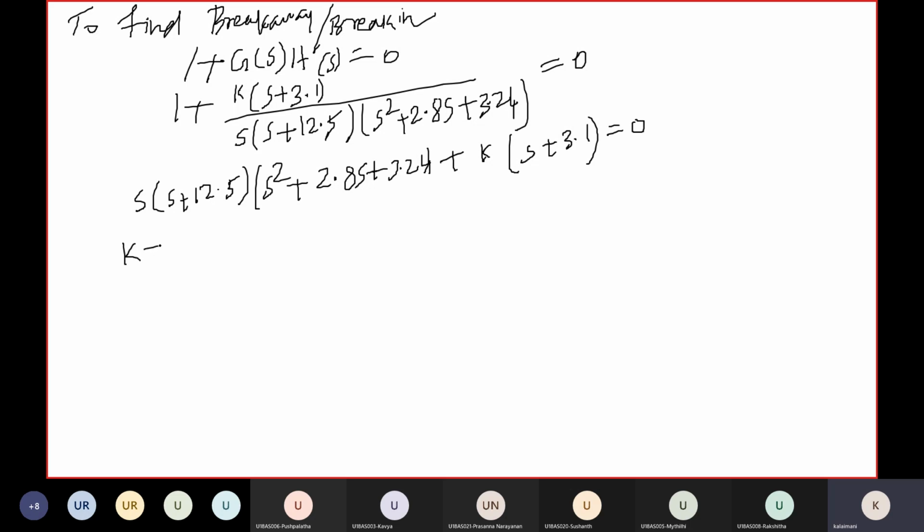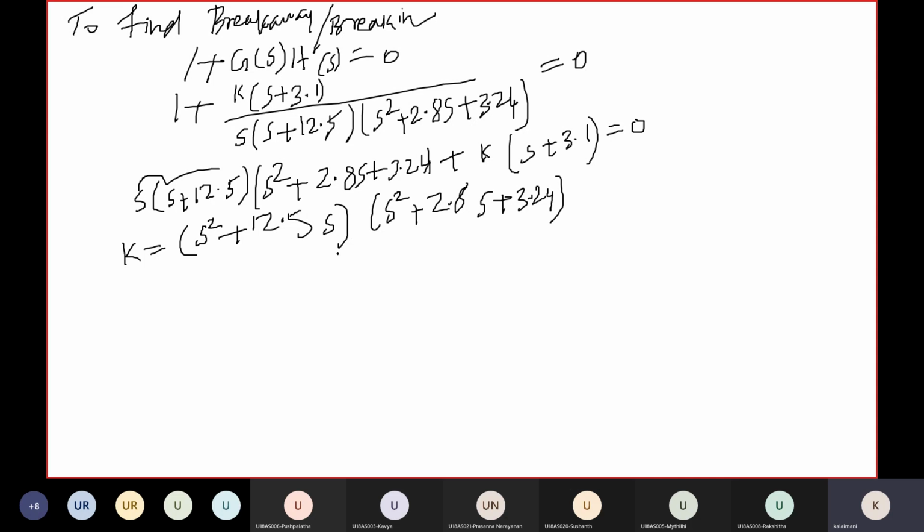Therefore, your K is equal to, this whole term comes to that side with a minus, so we cross multiply, we get s square plus 12.5s, so s square plus 12.5s into (s square plus 2.8s plus 3.24) divided by (s plus 3.1),